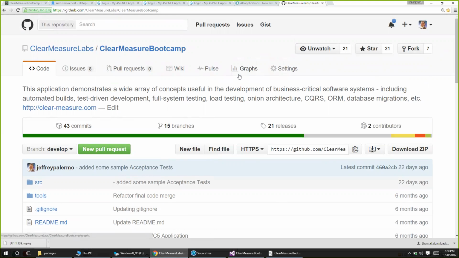Is there documentation for, like, if I never configured Octopus before,